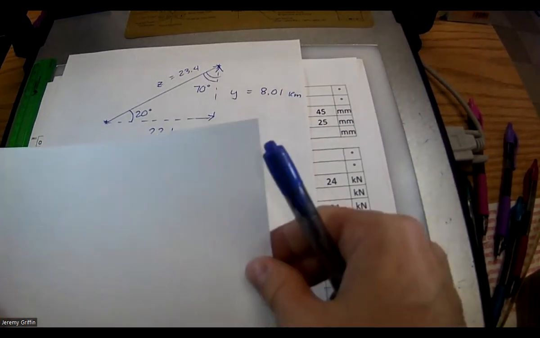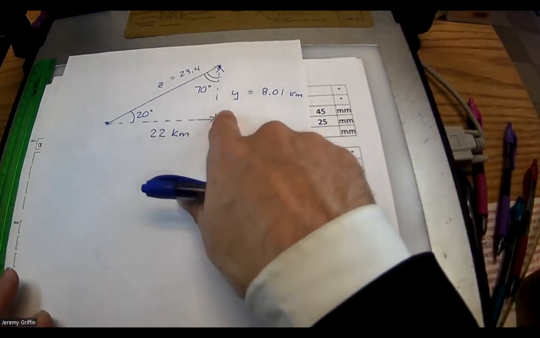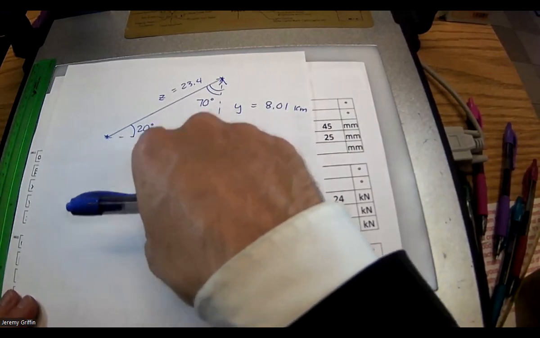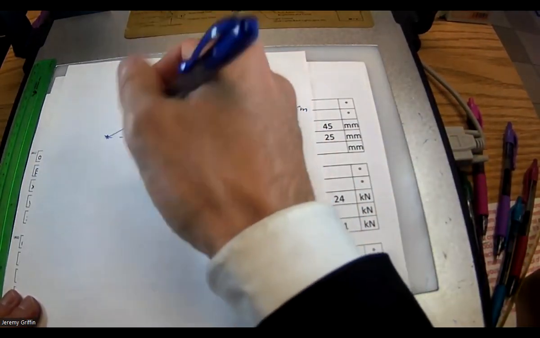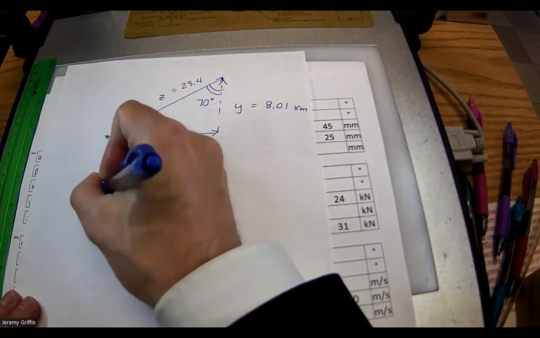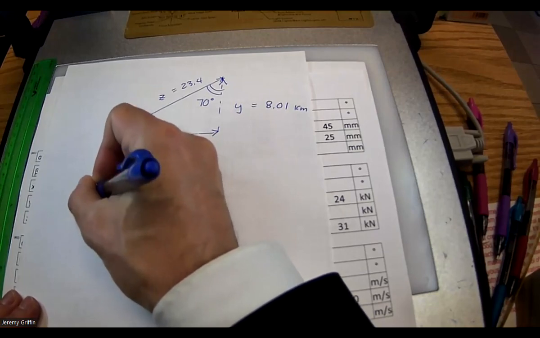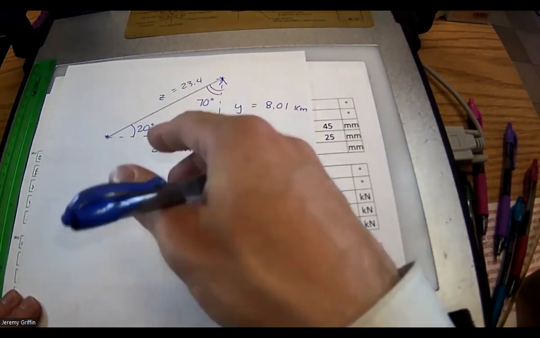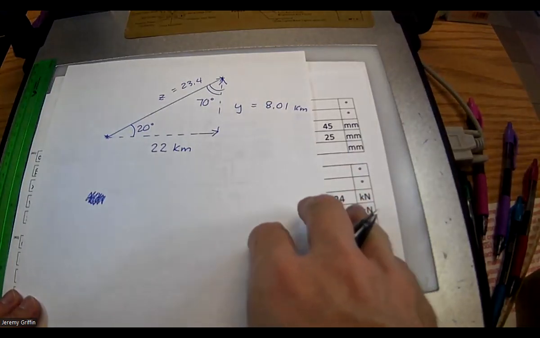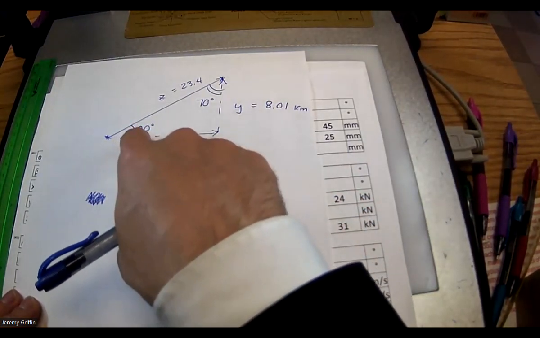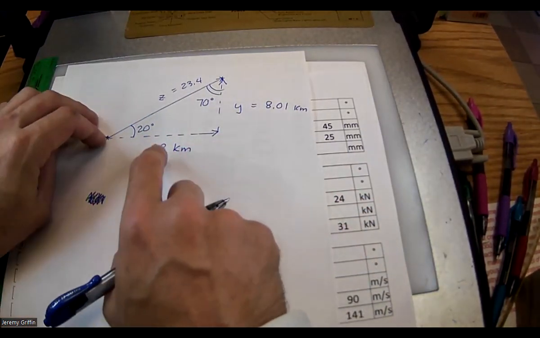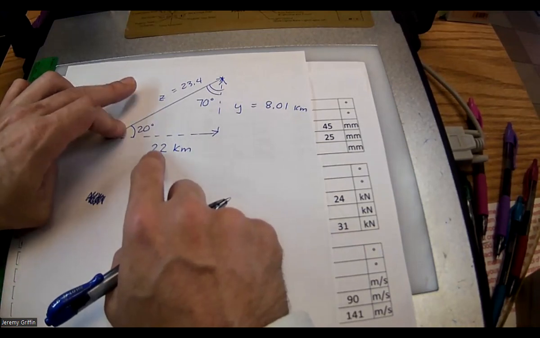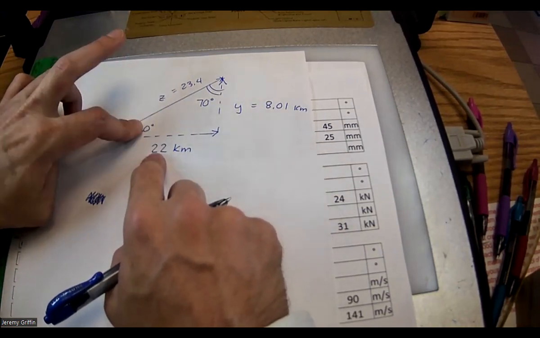Now, just to extend this a little bit, let me show you guys a different way you could have solved for z. You could have solved for z from the outset, even before you got y. Could I say that tangent? No, scratch that, wrong one. If I'm solving for z, I definitely do not want tangent. That'll never get me there. If I'm playing off 20 degrees and the 22 kilometers,